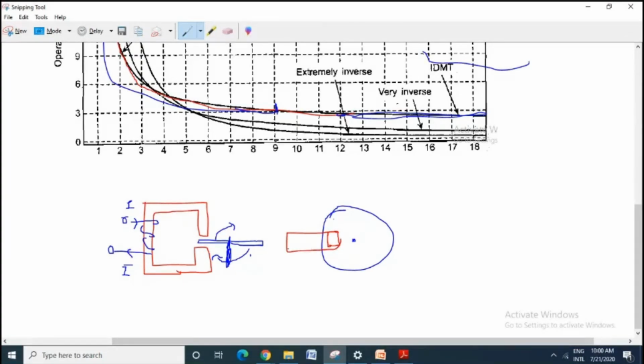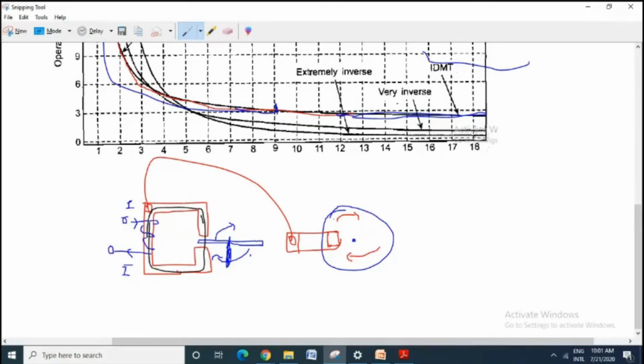right? This kind of structure, and on this limb, see, the structure is similar over here. So on this limb, we have this coil, and again back to this. So this portion will be below this upper portion, and hence we cannot see this, right? So this particular disc can rotate in this direction as the amount of flux is getting created because of the flow of current through this coil, and this flux is passing through this particular disc.